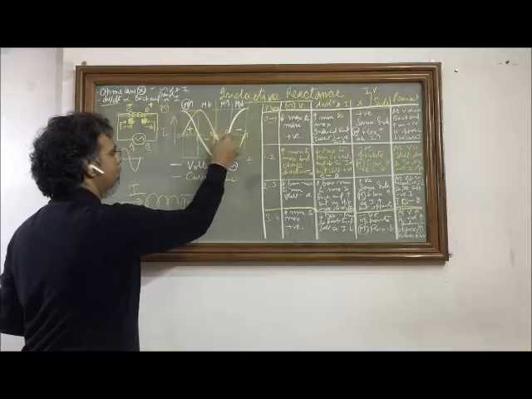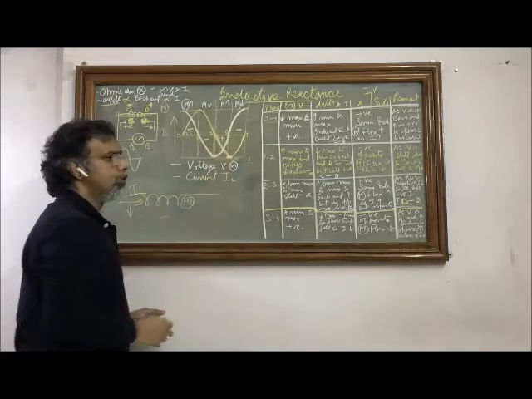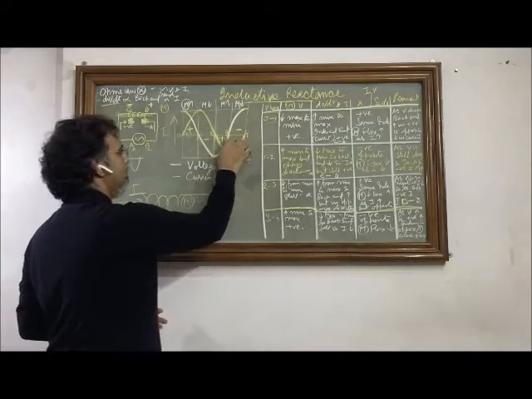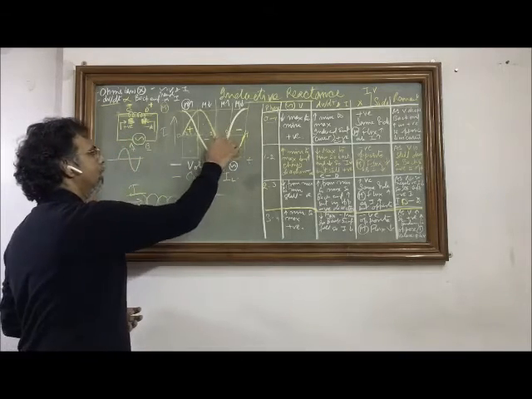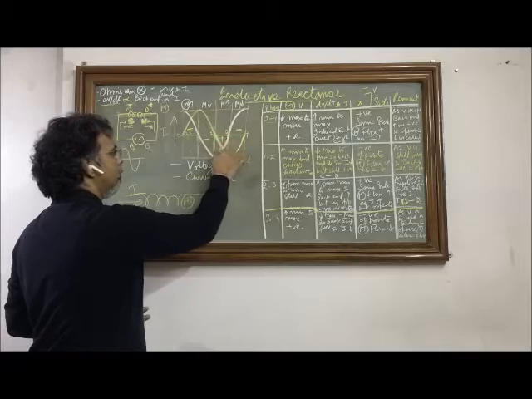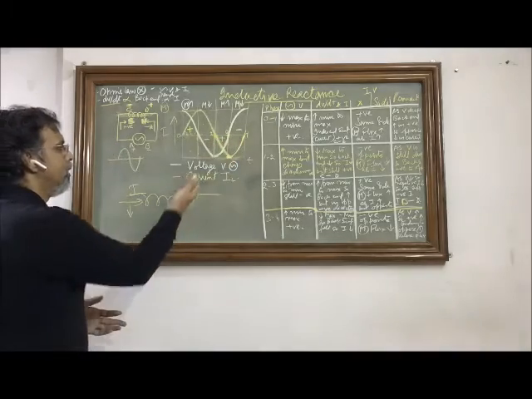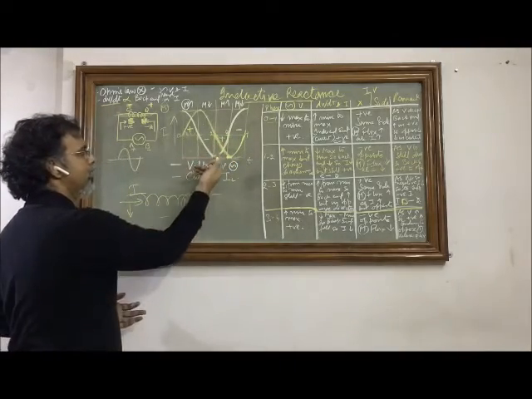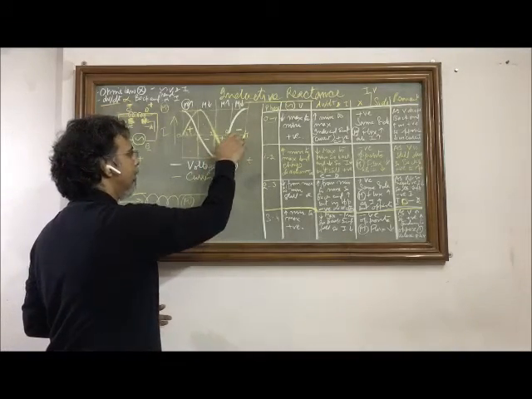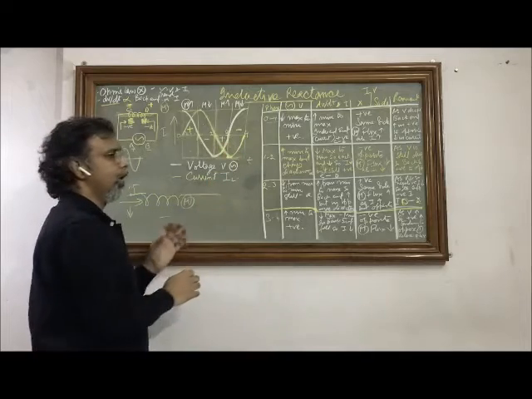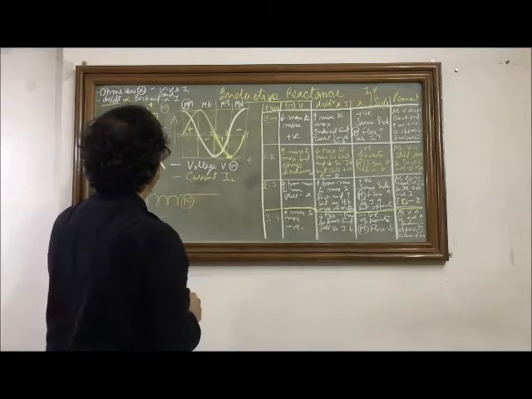Now from this third quarter, again it tried to oppose the rising positive current by increasing the negative current. Now in this quarter, because both of them are in the same phase, which means the voltage was negative and it was trying to give the negative current, so it had an opportunity to increase its flux, and increasing flux means the magnetic energy is stored in the inductor.